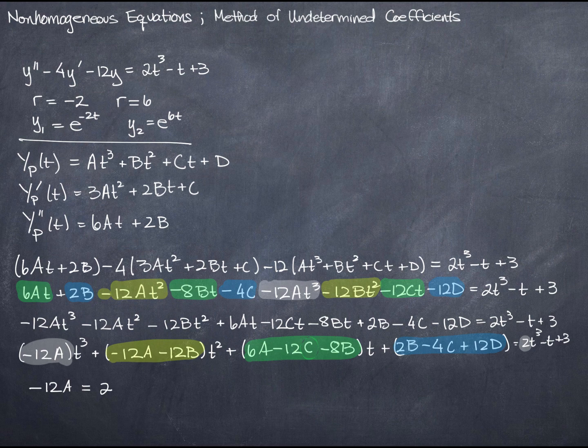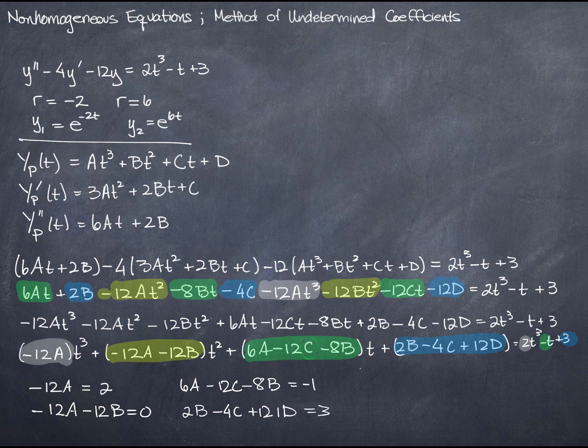And the coefficients of t squared have to be equal. And the coefficients of t have to be equal. This one has a coefficient of 1. And the constants have to be equal. Well, there is no t squared term on the right-hand side, but that still tells me something. It tells me that negative 12a minus 12b is equal to 0. And then I have 6a minus 12c minus 8b is equal to negative 1, and 2b minus 4c plus 12d